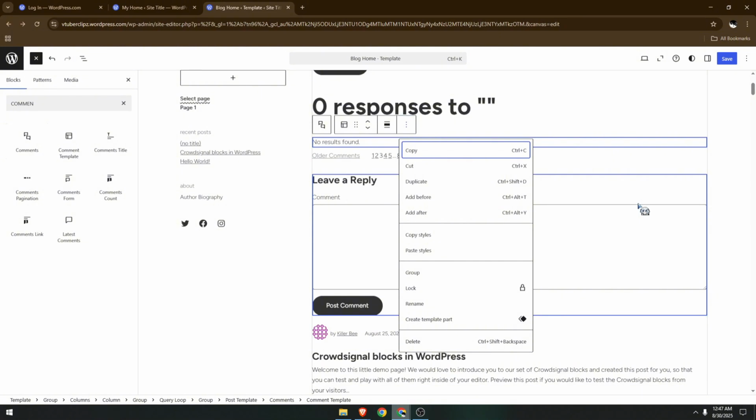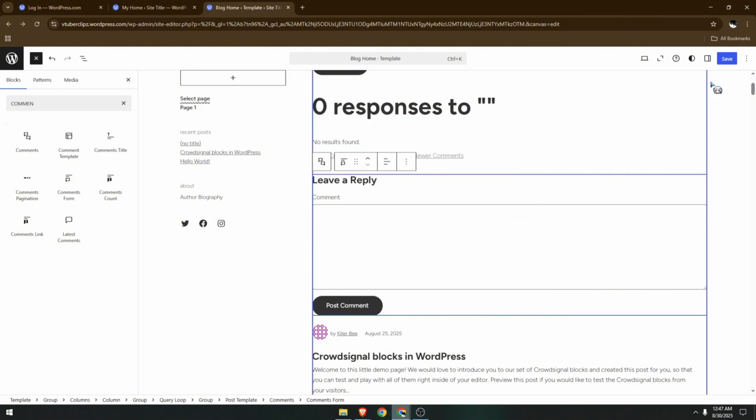style and preferences. And once you're satisfied, make sure to hit save over here to publish your changes. And that's it. You have now successfully added a comment